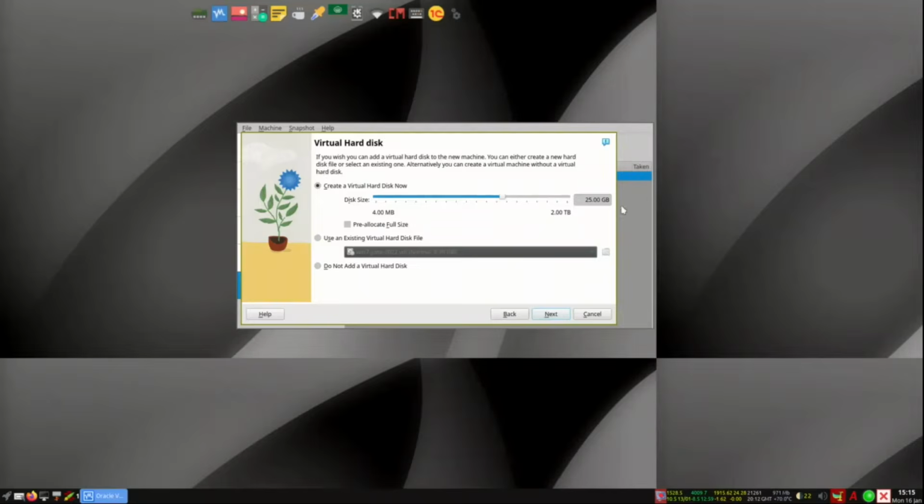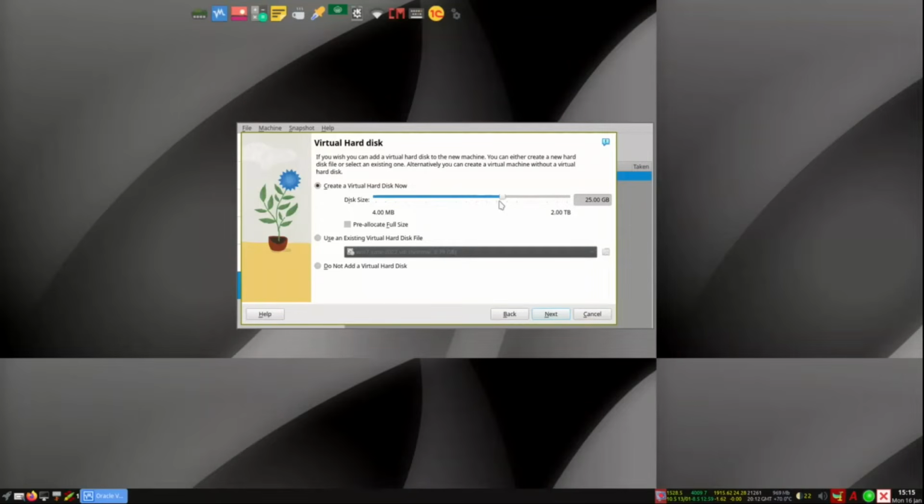Next, for the virtual hard disk, now you have 2 options. Either you go for more than 64 GB because they recommend more than 64 GB, and also they recommend 128 GB free partition in order to install it. But the trick here, I want to install it on a 25 GB.